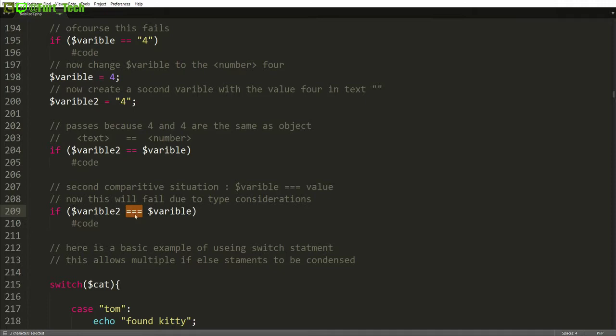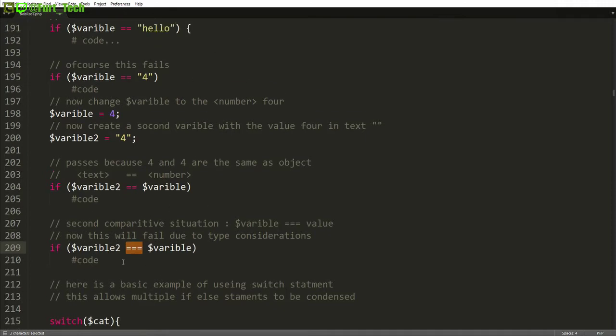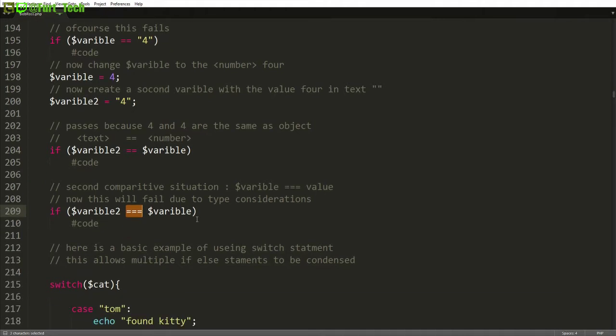Now, this can get very hairy. This is a very straightforward explanation of the comparative statement and the comparative situation. It can get very specific, and when you're dealing with object arrays and whatnot, it's not always as straightforward as this. So when you're using this, make sure whatever you're trying to do, you think about